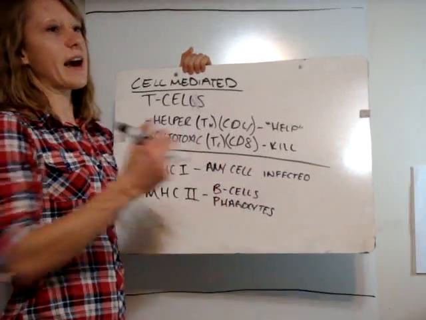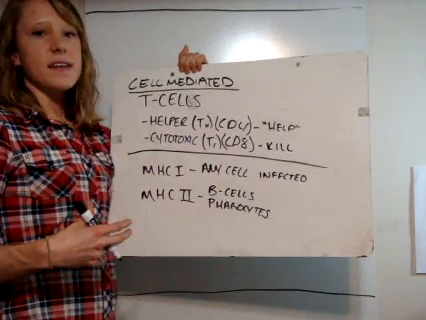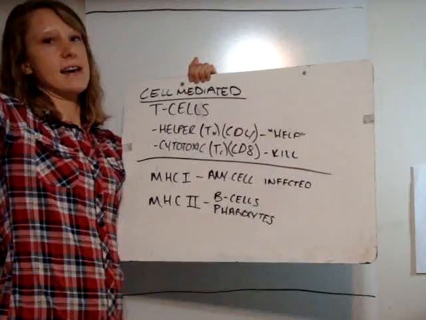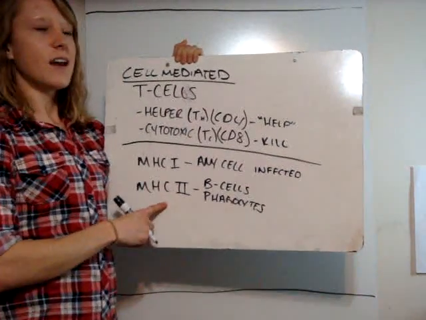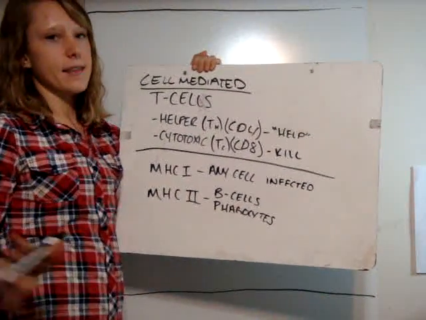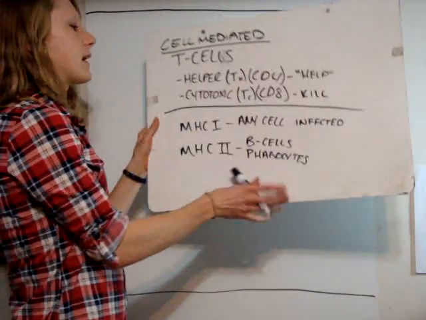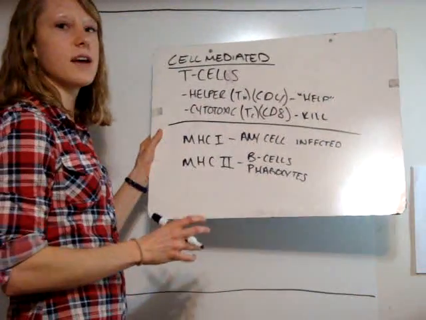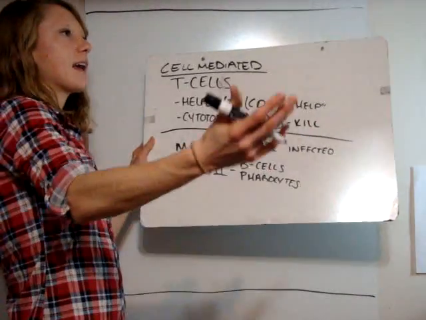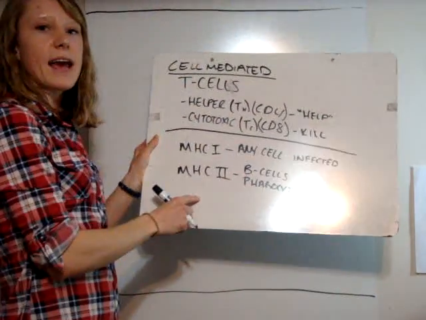So what they'll do is they'll phagocytize something. They'll eat something, take a part of it, and present it on an MHC class 2. They just ate something. They weren't infected by anything. So when they eat something, they present it on their MHC class 2. That's their way of saying, hey, T cells, come and look at what I ate and tell me if it's